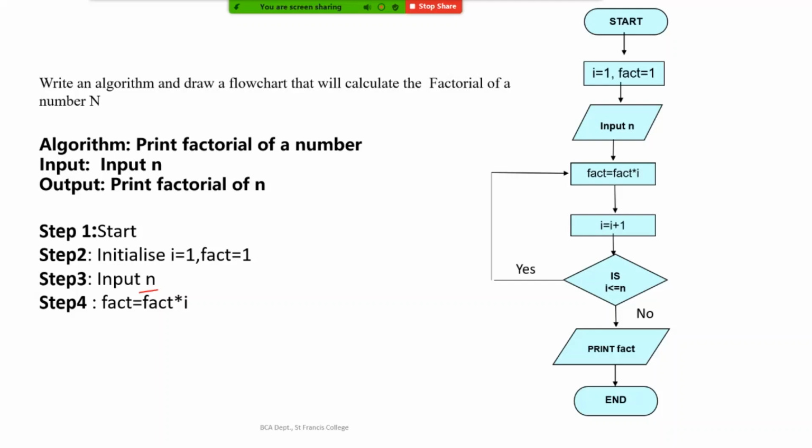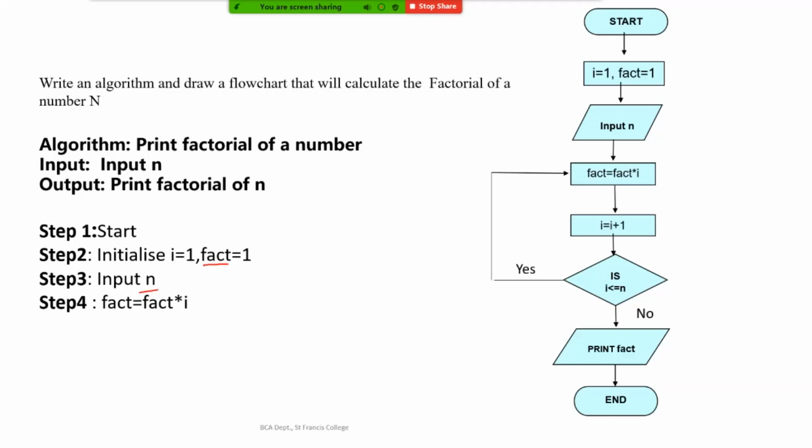And then in the next step I am using another variable called fact. For variable declaration there are certain rules. Even if you use a small name, no problem. We can use factorial also, but we try to reduce the length of the variable name. You can use f instead of fact. A variable name is any name which the user finds easier to use. For writing an algorithm you need not worry about this, you can use whatever you want, but in programming there are certain rules. So fact is a variable which will be accumulating the factorial of the number in each step of iteration.